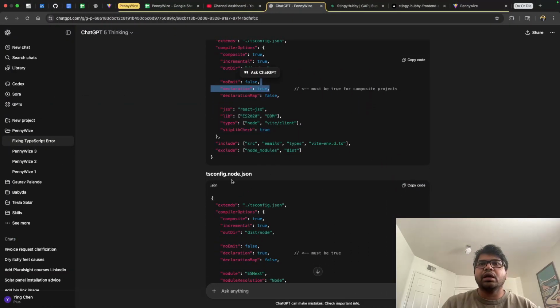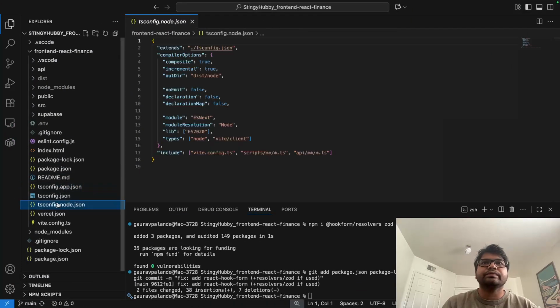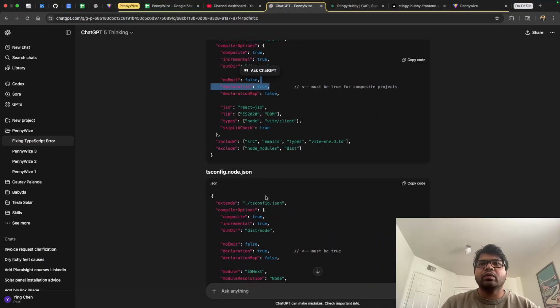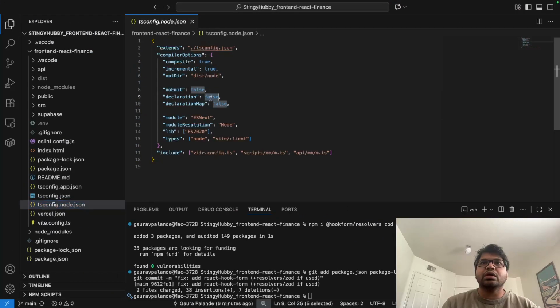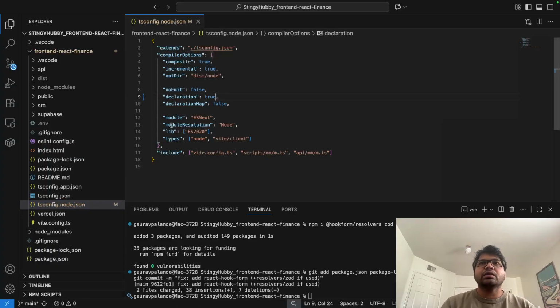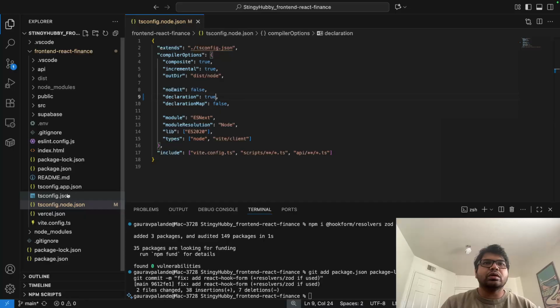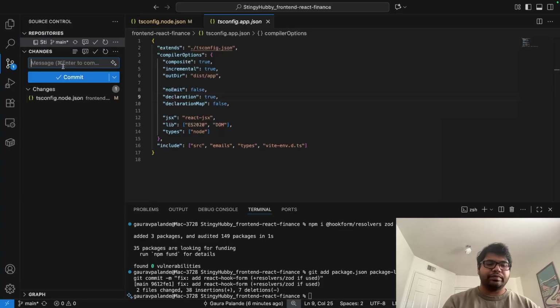Okay, and then tsconfig.node.json, let's go there, and over here declaration should be true. So your declaration is false, I will set it to true. This has been changed to true. In tsconfig here, declaration is true. Okay, so we'll have this change committed,